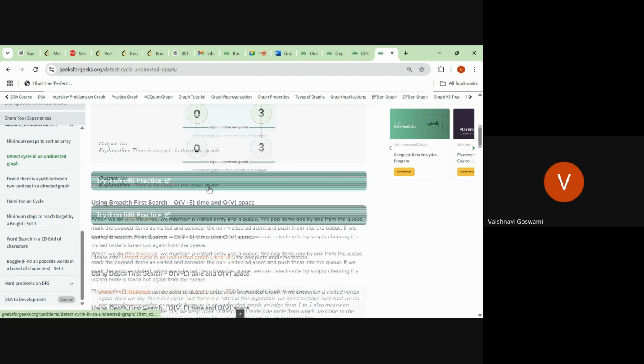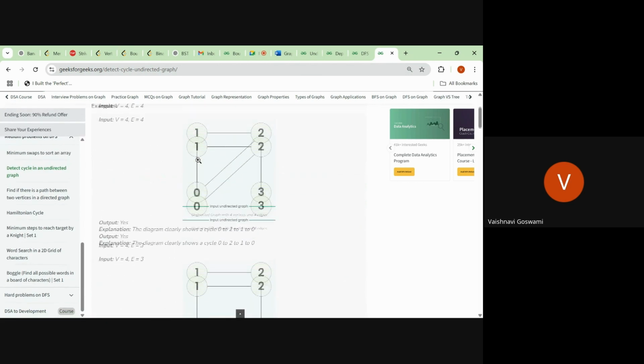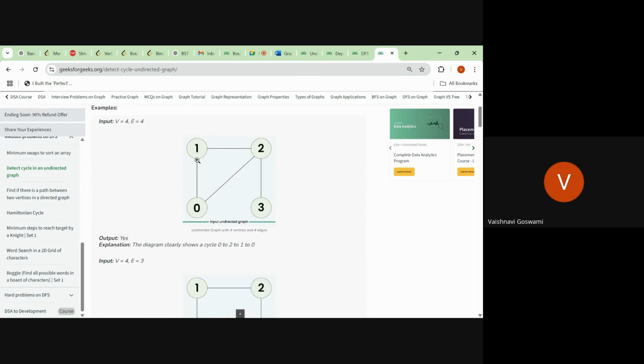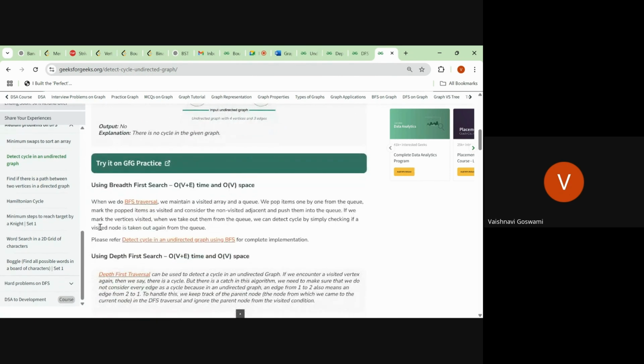If you use BFS traversal, first you will push 1, then its neighbor, then 0 and its neighbor, then 2 and its neighbor, like that. When we do the BFS traversal, we maintain a visited array and a queue.